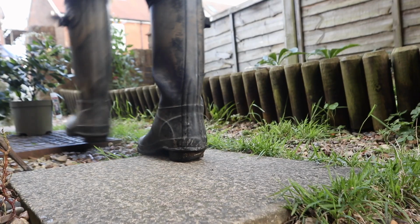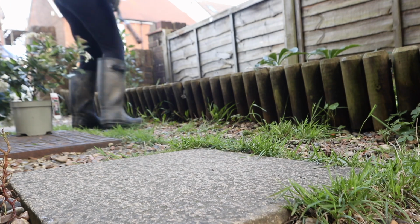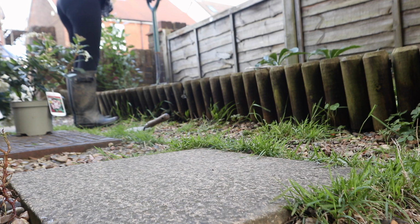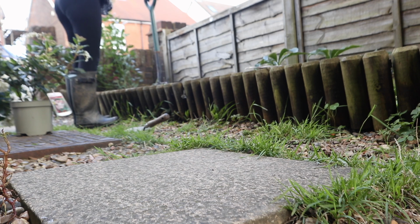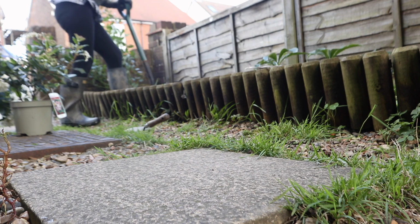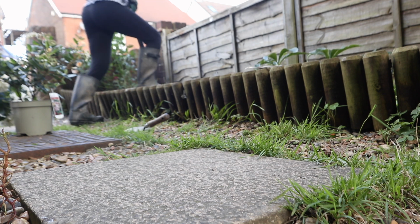Okay, so onto the front border. I started using a fork, but very quickly we needed to share the spade because that was not giving me the hole that I wanted. Also, the soil out the front is very clayey,